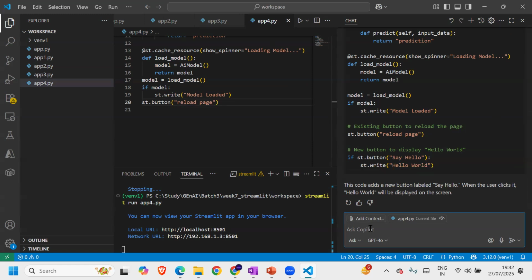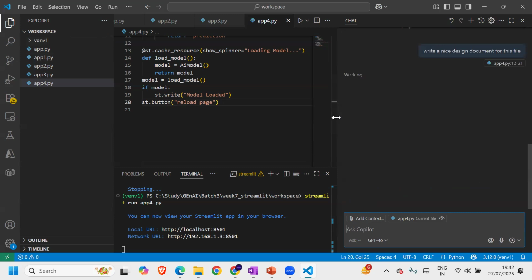For example, if I say, write a nice design document for this file, because your manager has asked you to create design documents, you can do this for your entire workspace also. What it will do is create some